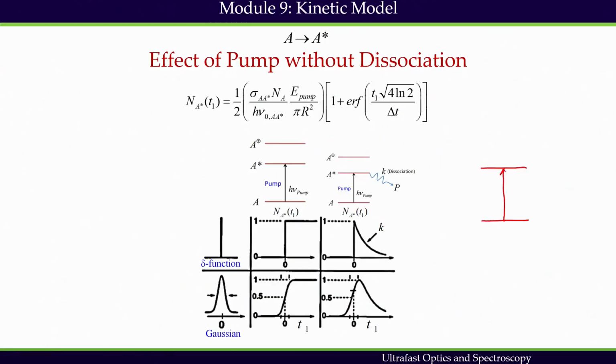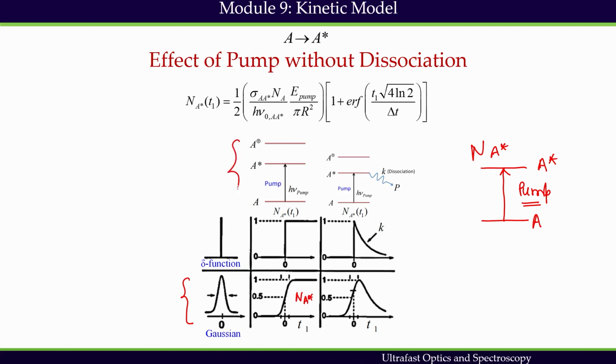We have excitation by pump from A to S star, and we have only discussed the effect of pump in the build-up signal Na star. Na star is the population in the excited state. So, due to a pulse, we have seen that build-up signal, this is Na star build-up signal, depends on